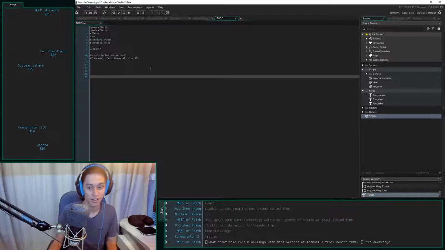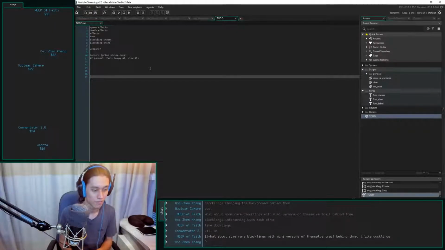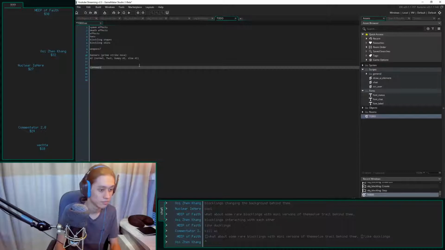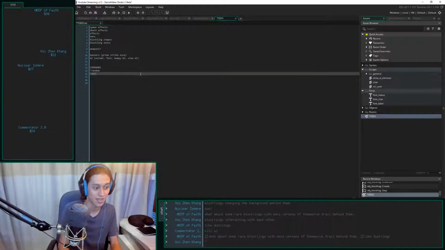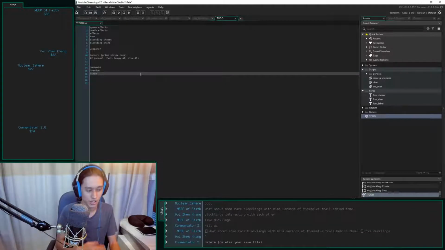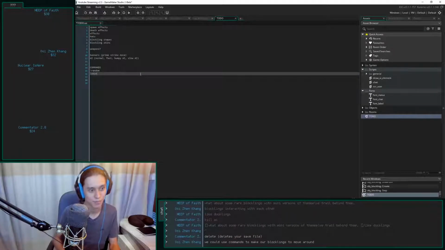Let's work on commands. Let's work on some basic commands, just setting up the overall flow. I think the first command we do is random, which moves you to a new random position. That's an easy one. It's not going to be super challenging. And then the next one's going to be setting your skins. How are you going to be setting skins? I think you just do skin, and it randomly chooses a skin for you, and you keep doing it until you get the one you want, pretty much.